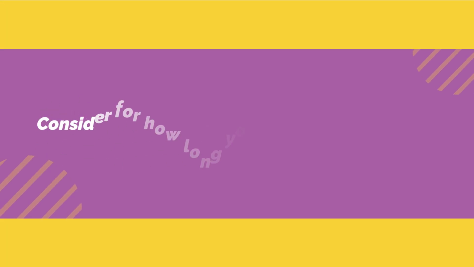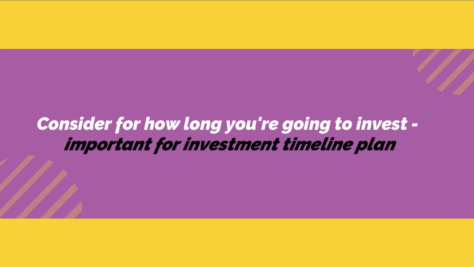Okay, then the second step you want to do is consider how long you are going to invest. This is going to help you with your investment timeline. In the first step, we're saying short, mid, and long term, but here we are actually putting numbers to it, actual figures. Short term, what does short term mean for you? Is it 5 years? Is it 3 years? Is it 2 years? Is it 12 months? Is it 6 months? Is it a month? Is that even realistic if you're wanting to invest?